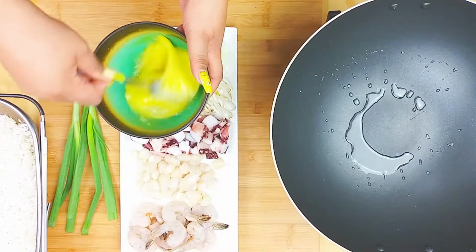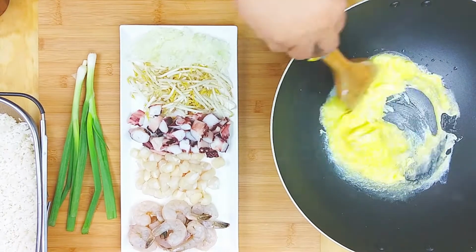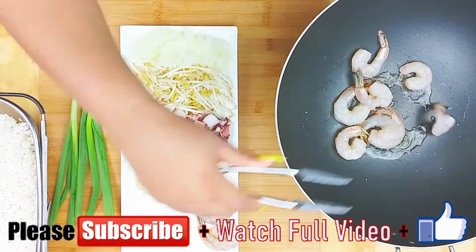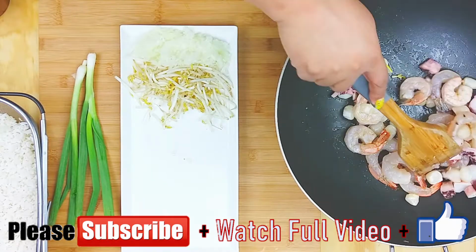So let's go. Whenever I do a fried rice, as you guys have seen in my other recipes, I'm going to scramble my eggs first and then remove them from the skillet and set them to the side. So I'm going to just finish cooking up my seafood, and while I do that,